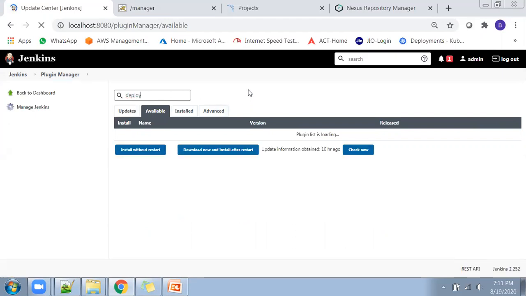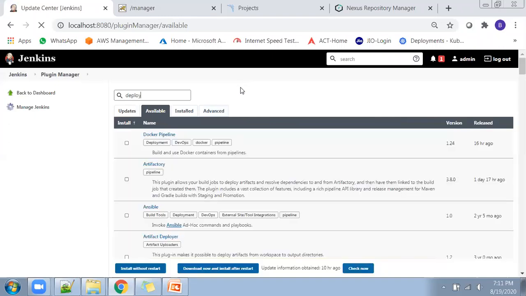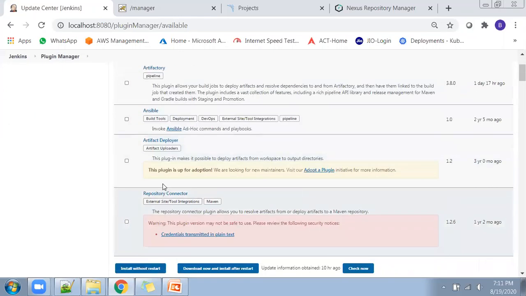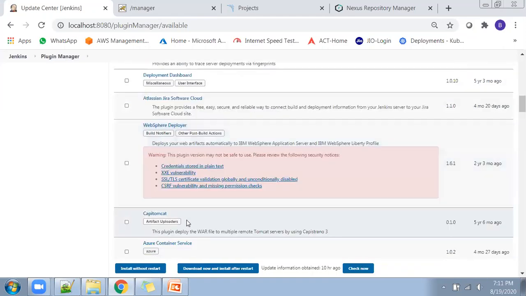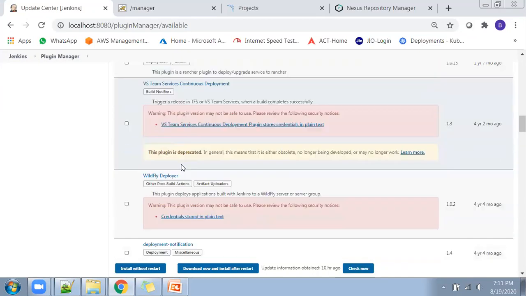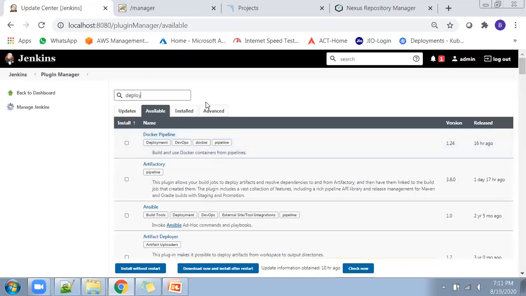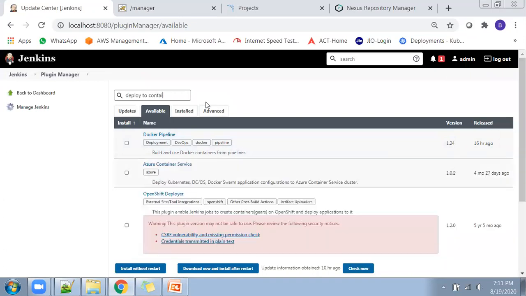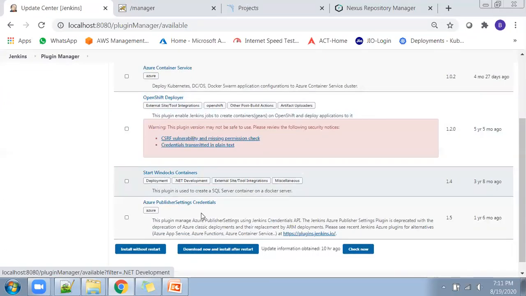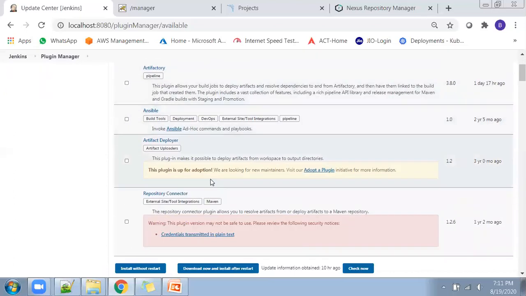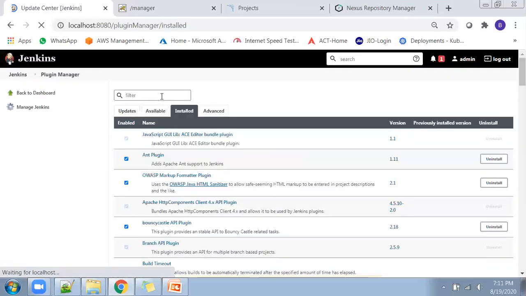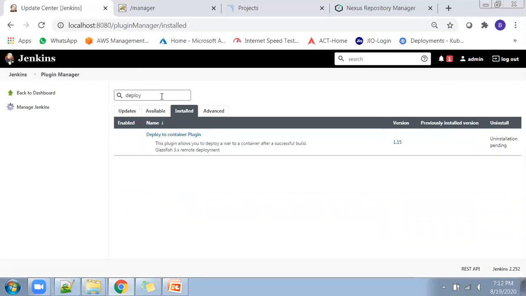The same plugin can be downloaded during runtime from the internet. So deploy to container should be available in the list. Let me search again for the deploy to container plugin. Okay, see, this is uninstall pending,